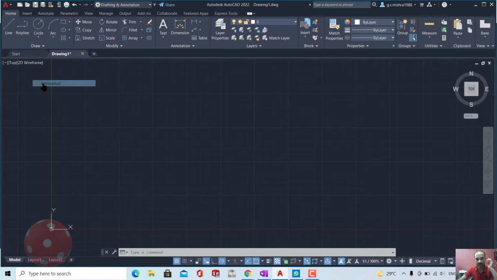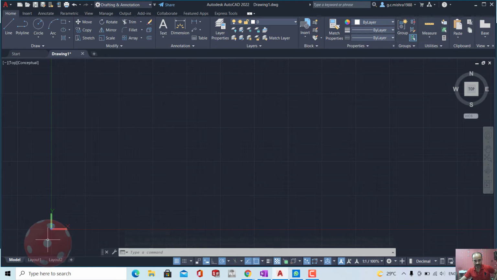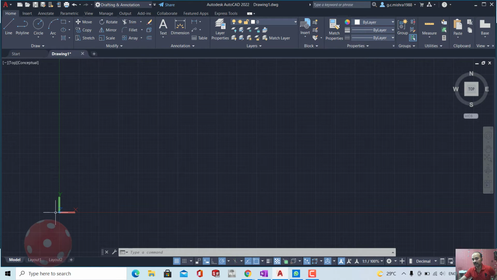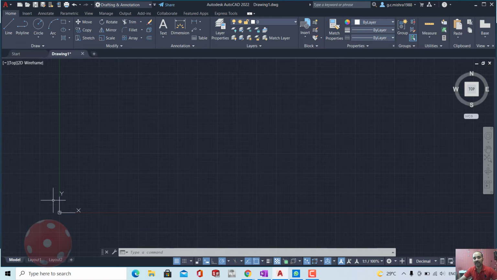If I switch to conceptual view, then you can see that your X line is in red color and Y line is in green color. That color is visible in 2D wireframe as a fine line. That is showing you the X axis and the Y axis, the positive X axis and the positive Y axis.